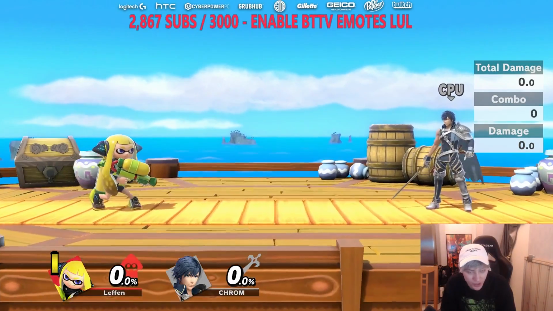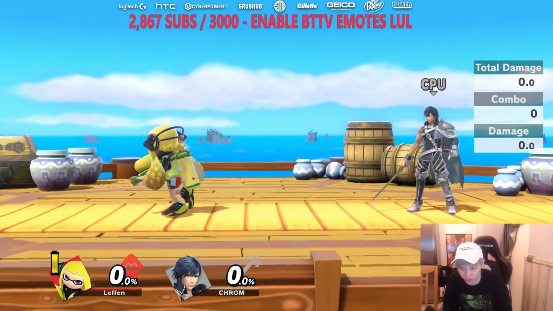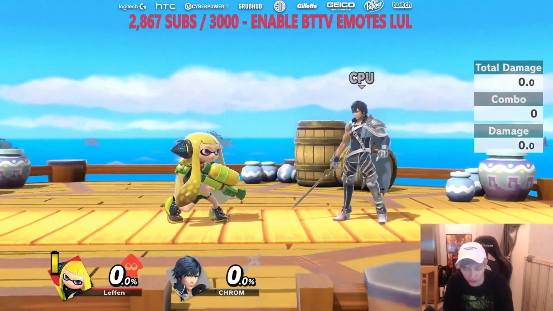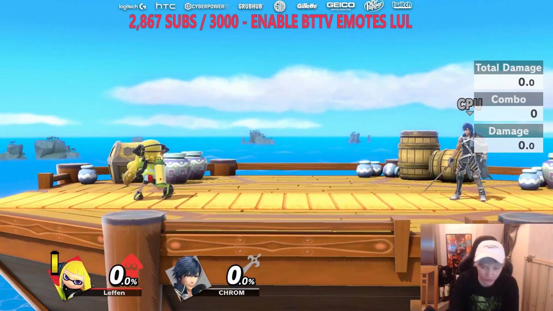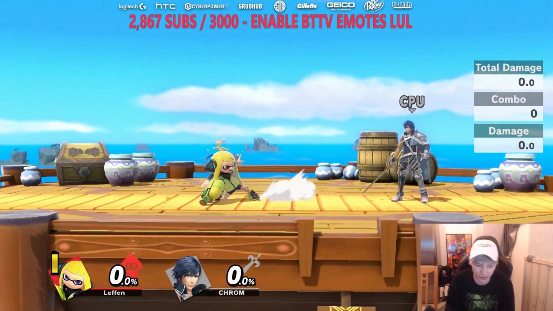We're gonna rely a lot on chat today, so this is not a character I know very well. So we're gonna try to find out about the characters together. I guess I'll show my process of learning a character rather than just outright teaching you what I already know. To start off with, Ink is the main mechanic of Inkling, and different moves cover your opponent